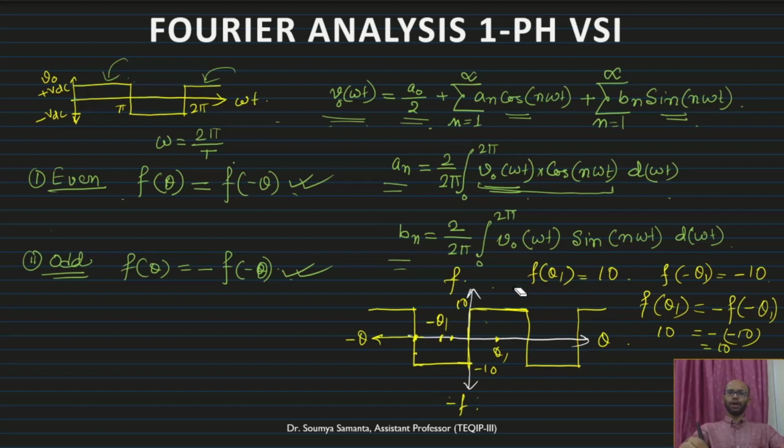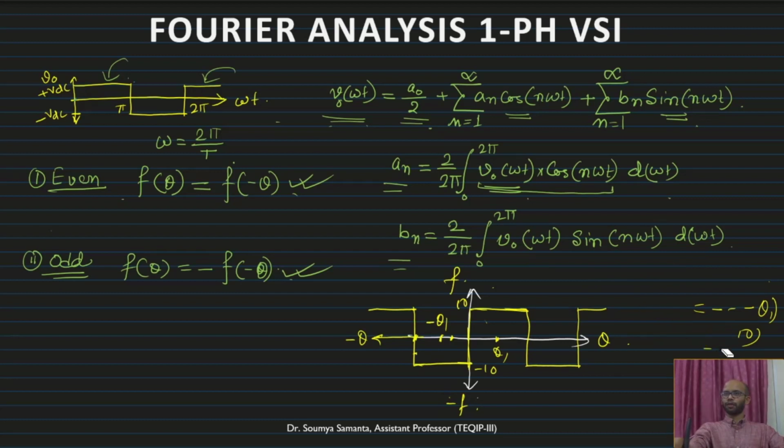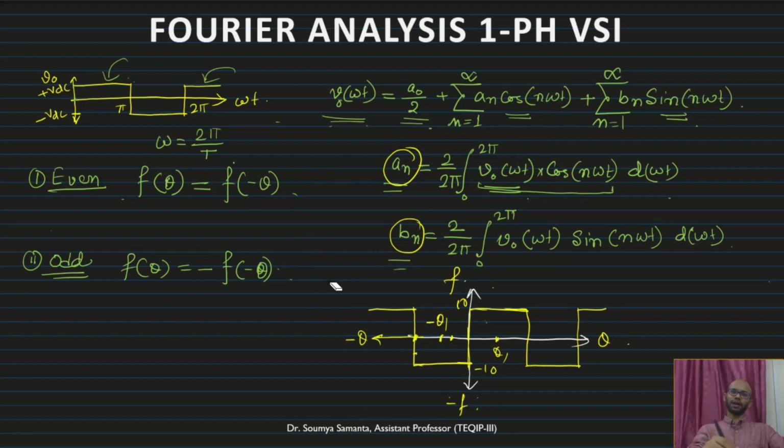Okay. Now why are we discussing this? Because if we can establish the symmetry in the waveform, then what is the advantage? The advantage is that we don't have to find both an and bn, because finding them is a tedious process and takes some time. Now how can we minimize that time? That is what I am discussing here. If we can establish the symmetry, maybe even symmetry, maybe odd symmetry, we will get some benefit in finding the Fourier series expansion.